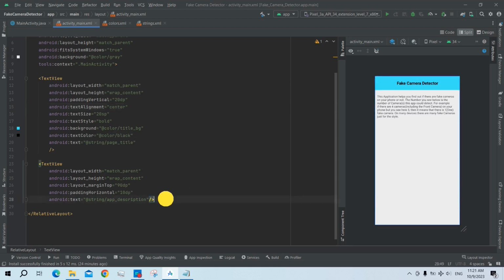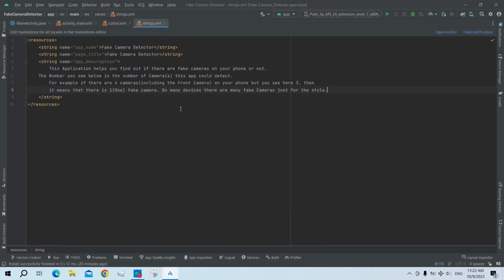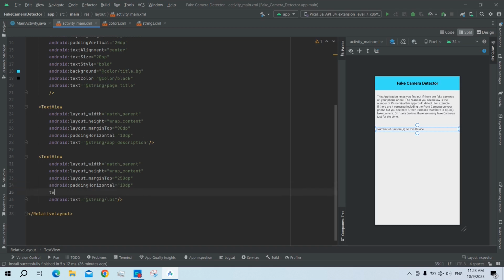Let's make another text view for a label. Change this to LBL for label. Now it does not exist. Go back to strings and below here create a string with the name LBL and then the text number of cameras on this device. Let us make it 250 and this one should be bold. So text style bold, then padding horizontal. Let's make it 20 and it is background. I want to be white